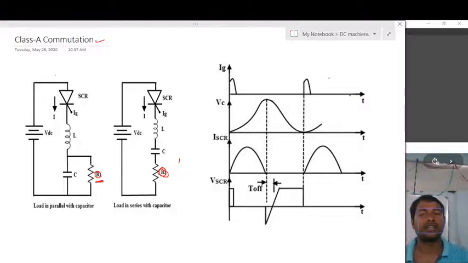So before we understand the class A commutation, we should know the tank circuit. So what is a tank circuit? The series combination of an inductor and a charged capacitor is called a tank circuit. The charged capacitor is connected to the source-free inductor, and definitely the charge of the capacitor will release to the inductor in this way, and the current in this circuit flows in a